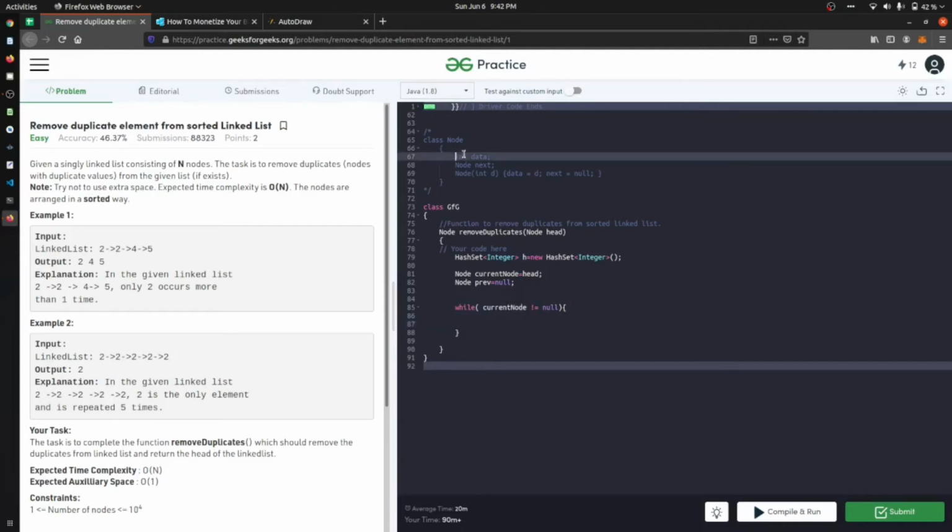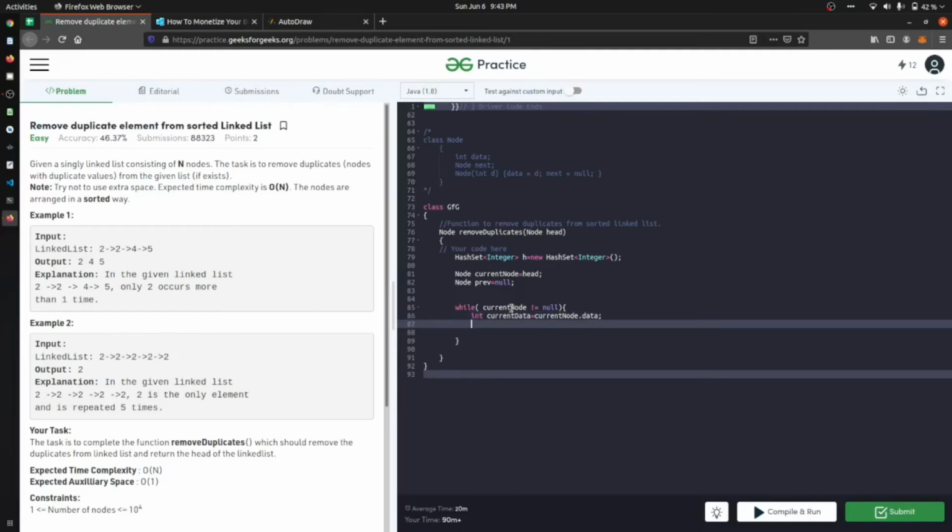We can see that we have integer data, so I'm gonna create int current data equal to current node dot data. Okay, so we have got the data. Now we will check if h dot contains our current data.